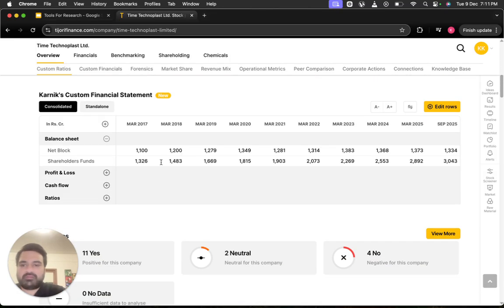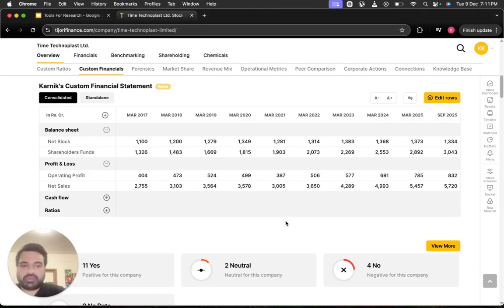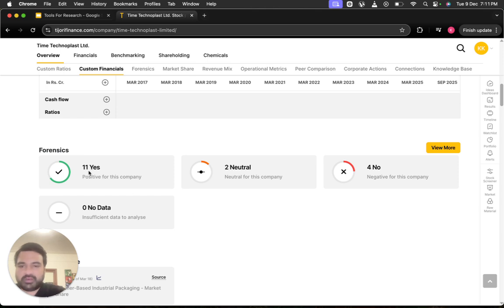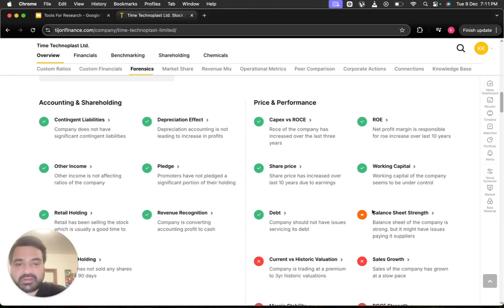Then you have financial statements or you can get more detail. You have a company forensics page. So these are, again, machine generated. You can use these as guides, but don't follow them blindly. Or even if you are looking at them, at least cross check and verify all of the forensic claims made here.